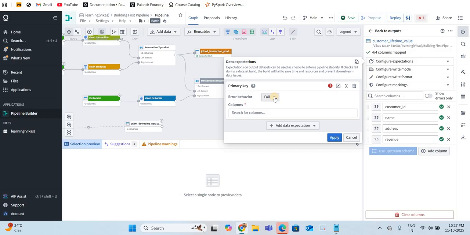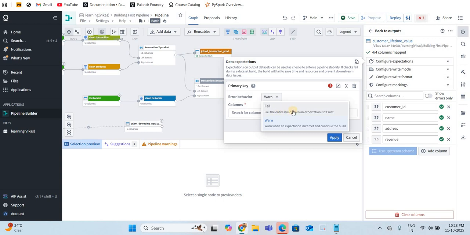There are two options actually, fail and warn. If you put warn, then the dataset will continue with the build, but it will give a warning only. If you put fail, then the dataset will fail the entire build.